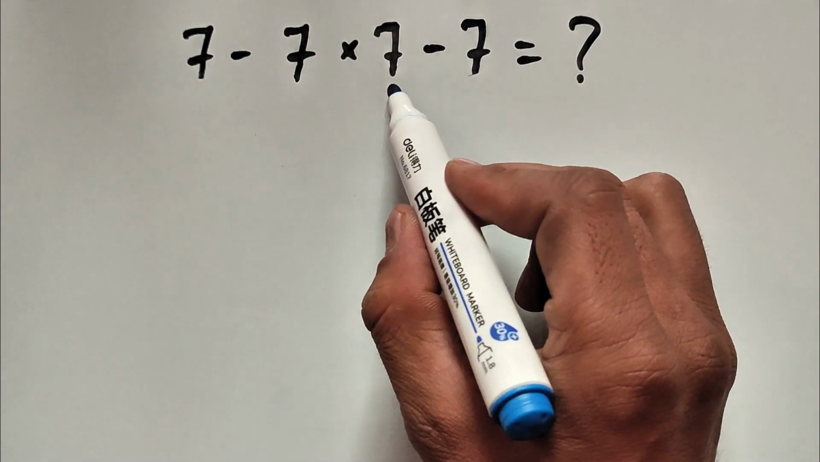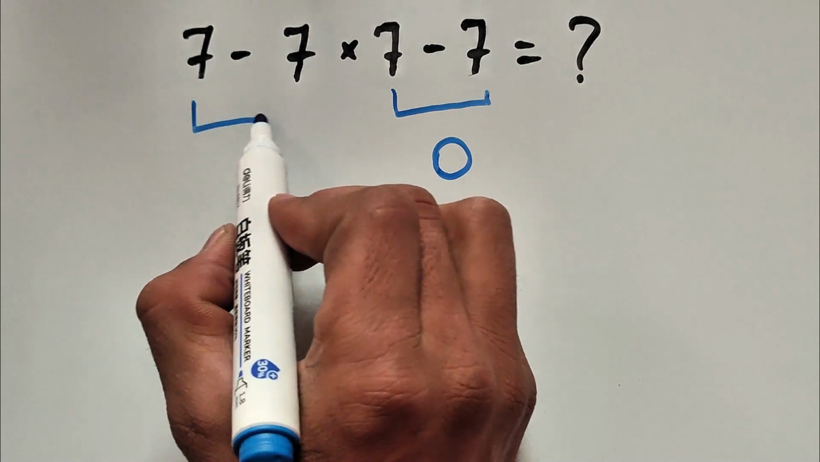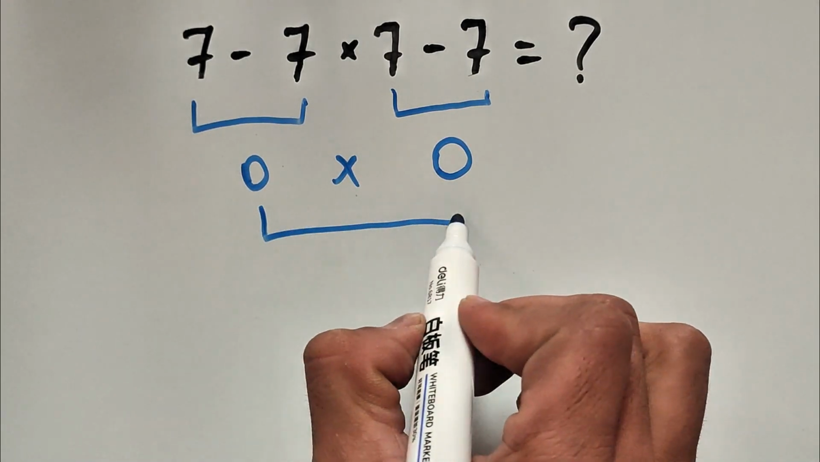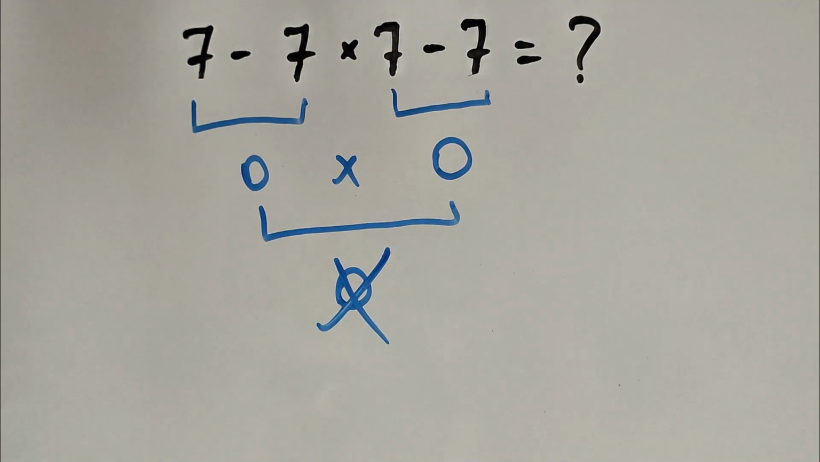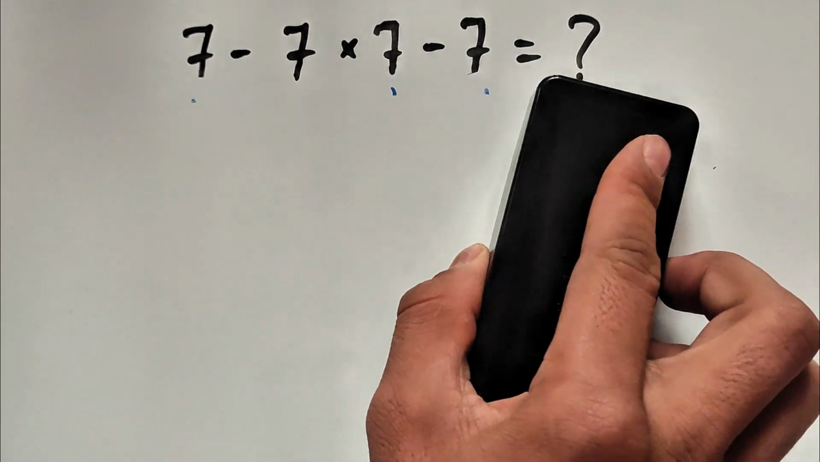Okay, let's begin. 7 minus 7 gives us 0, and 7 minus 7 gives us 0. 0 multiplied by 0 gives us 0. But this is not our correct answer, because according to the order of operations, first we have to begin to